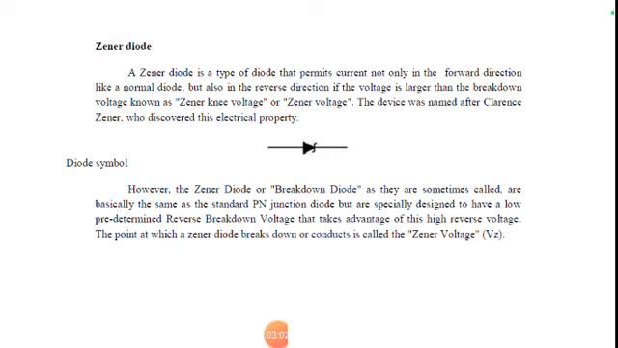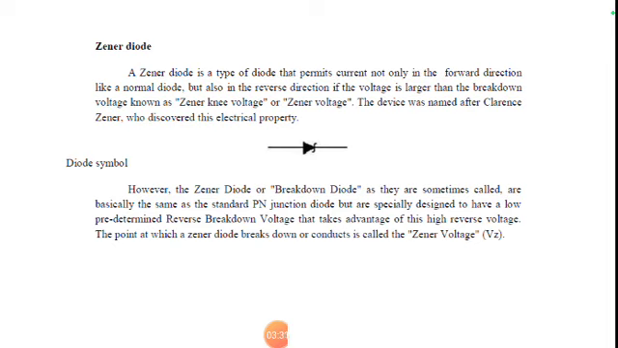And the next one is the Zener diode. The Zener diode is a type of diode that permits current not only in the forward direction like a normal diode, but also in the reverse direction, when the voltage is larger than the breakdown voltage. We call that the knee voltage or Zener voltage. The diode symbol is shown here. This breakdown diode is also called a Zener diode,